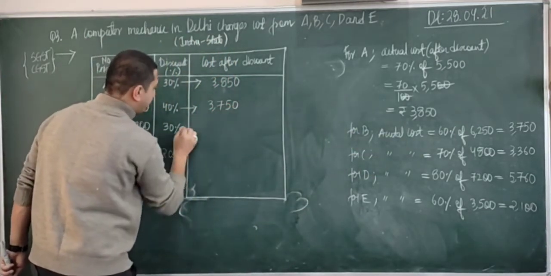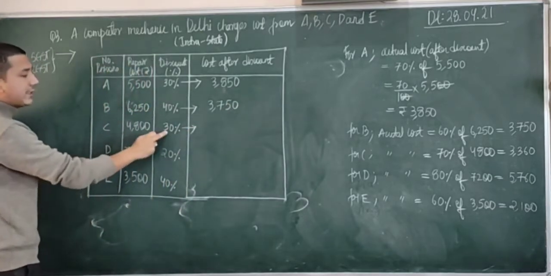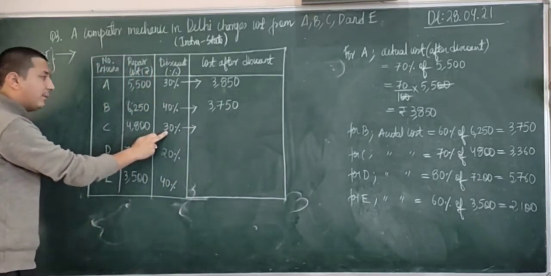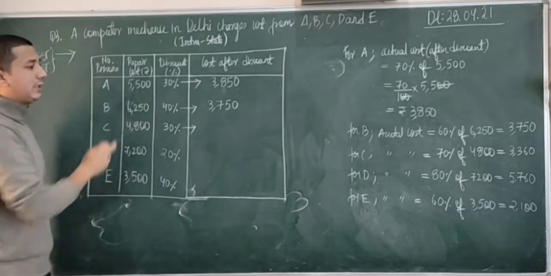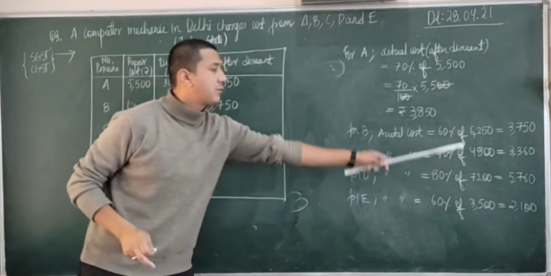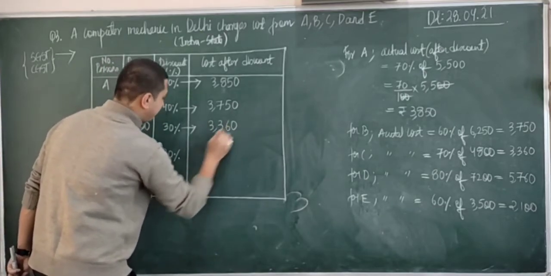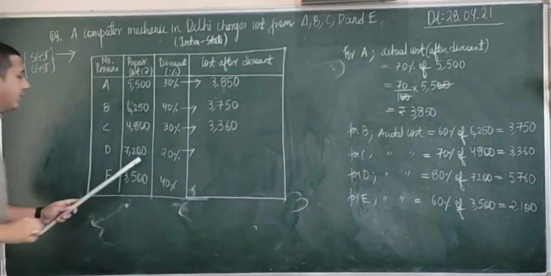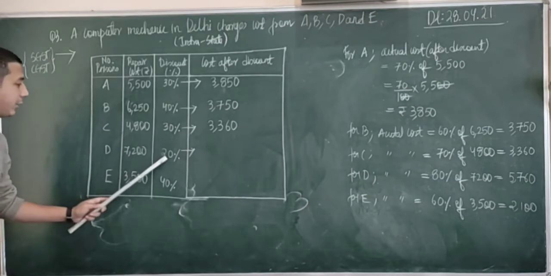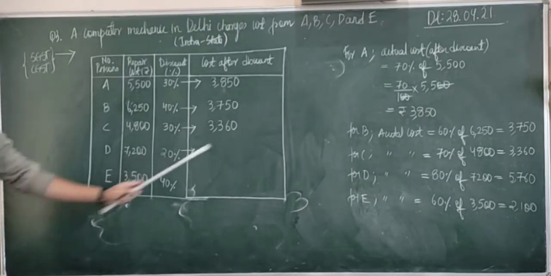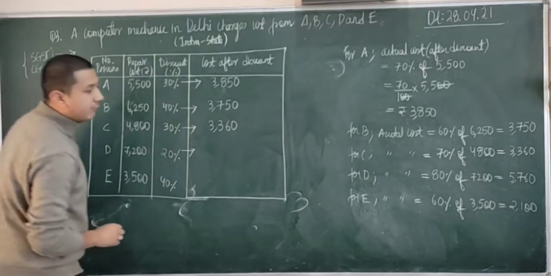Am I clear? Similarly for C, he is getting 30%. So he has to pay only 70% of 4,800. 70% of 4,800 will be rupees 3,360. For D, he is giving 20% discount. So D has to pay 80% of this. So 80% of 7,200 will be